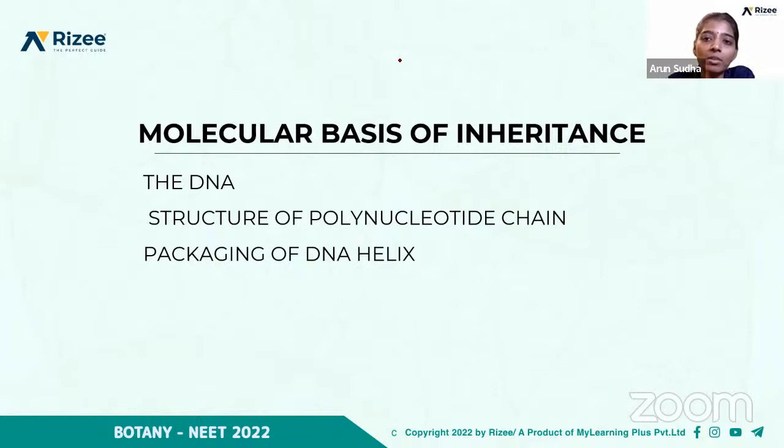So it involves three processes: replication, transcription, and translation. So these are the main topics that we are going to cover in this chapter. And then about the genetic code and regulation of gene expression, and finally about the Human Genome Project and DNA fingerprinting. Okay, so today we'll focus on the structure of DNA, structure of the polynucleotide chain, so how it is